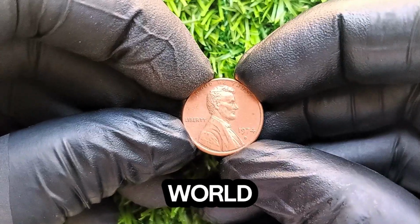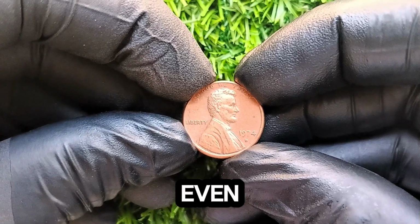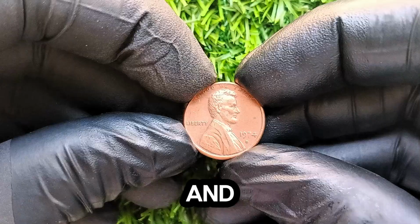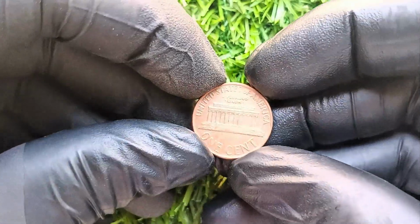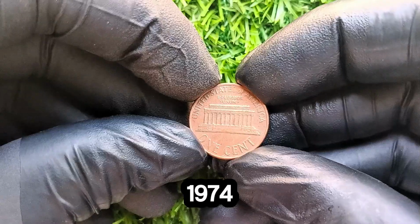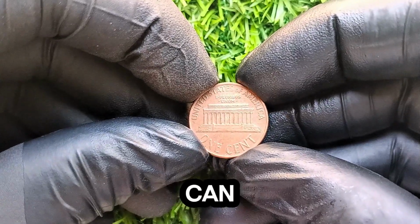For the numismatic world, discoveries like this are defining. They remind us that even in modern coinage, accidents and overlooked details can create treasures beyond imagination. The survival of a 1974 D aluminum cent demonstrates that even routine years in coinage history can produce a masterpiece